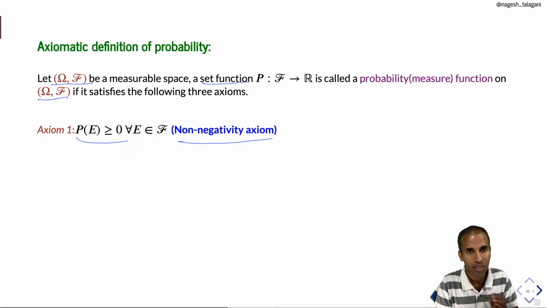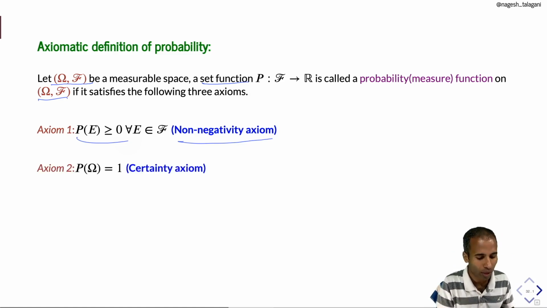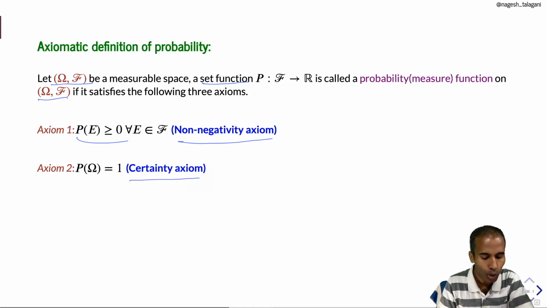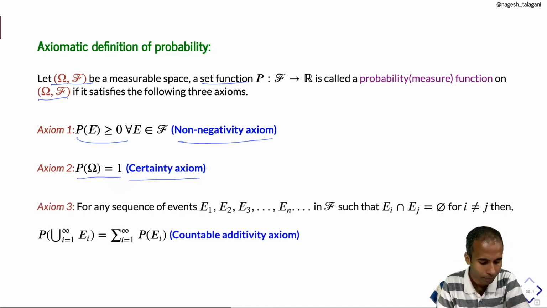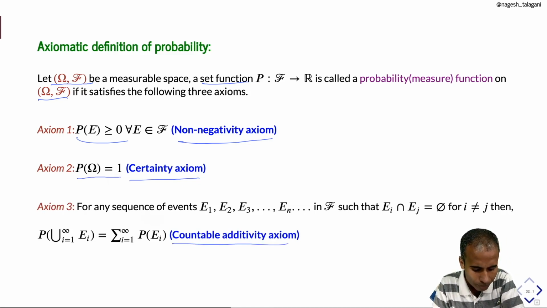So this function should take non-negative values for any event. Okay, that is axiom 1. Axiom 2 is the certainty axiom. For a sure event, we should be able to assign 1. The probability of omega should be 1. This is axiom 2. Axiom 3 is for any countable collection of events E1, E2, and so on, En in script F,